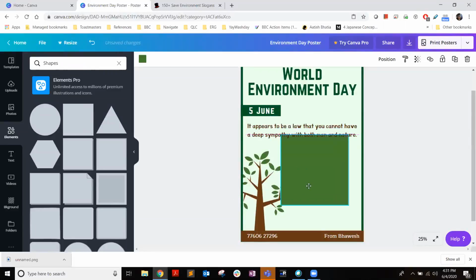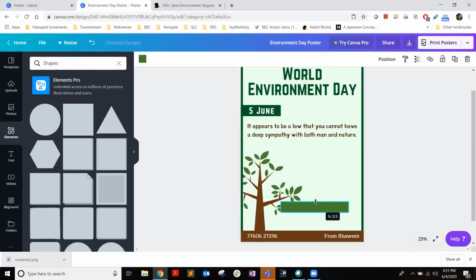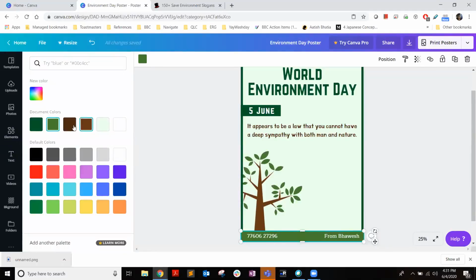Firstly, I made the size as I wanted. So I reduced it like this and placed it at this corner. Then when I saw this symbol, I clicked and increased the size like this and left it. Once this was done, I went to color and chose the brown color.